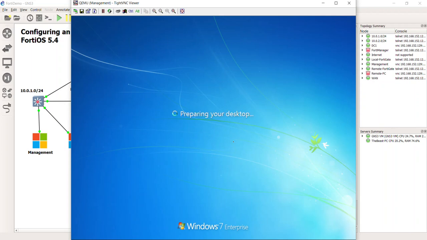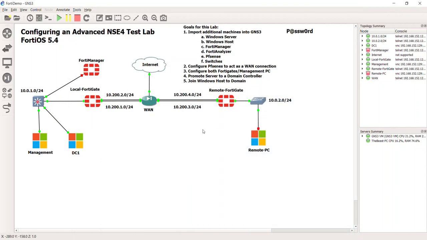And look at that, guys. We are now joining machines to our domain controller. So once again, that is that. I'll just let that kind of bake in the background. That is that, guys. And you should have plenty of stuff now to play with to practice for your exam,